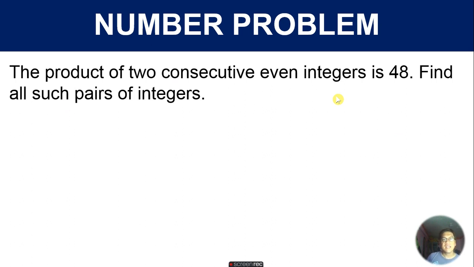Okay, so let's look at this. The product of two consecutive even integers is 48. Find all such pairs of integers. Now, a while ago, we represented them in terms of variables. So again, let's do that. Let x be the first number,